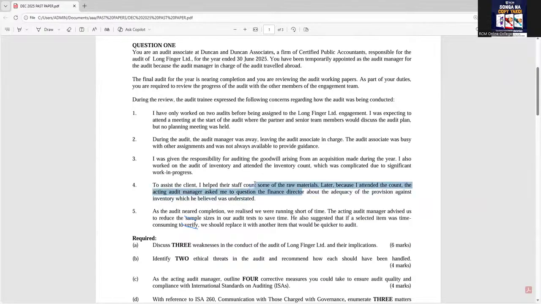Now that this audit associate took part in the inventory count, the finance director might end up convincing him to defend the position of that value of inventory, because he was part and parcel of that inventory count. So the finance director will be calling upon him to advocate, to defend their position in terms of the value of the inventory. He will tell him, hey, remember, you are part and parcel of this inventory count. And now there's a misstatement. You have to defend our position. This mistake, you are part and parcel of it. He'll find himself in a compromising situation to defend the position of the client in terms of the inventory count.